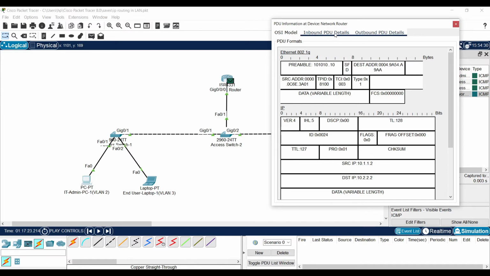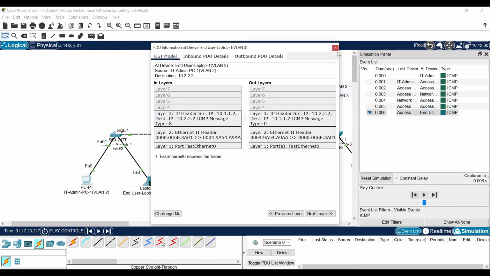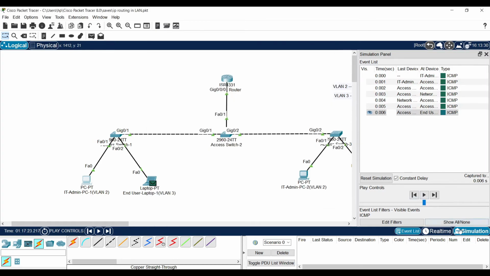Then it receives the frame from the VLAN, and when it is sending it back to the destination, it is changing the VLAN to 3. You can note it down here. And yes, this is how the communication happens in router on a stick.